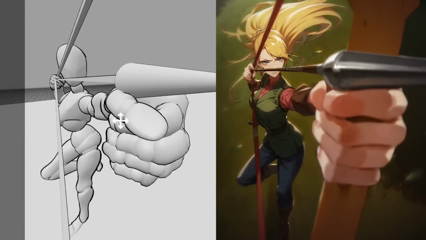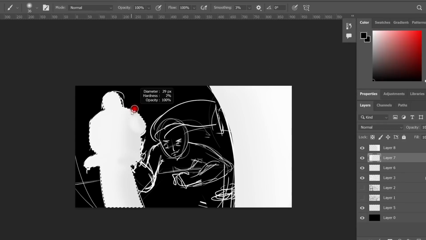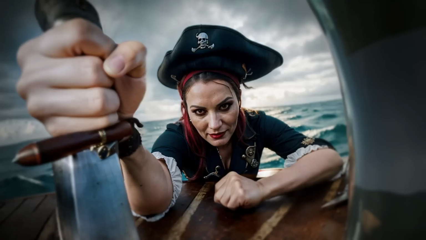For the archer example, I basically exported the depth map and painted the bow in later. Same with the sickle here. If you want, you could fully draw your depth map like I did with this image. And it can work as well. With this, we have everything we need. I'm sorry if it was long, but it will save us a lot of time later. Enough preparing though, let's get started.